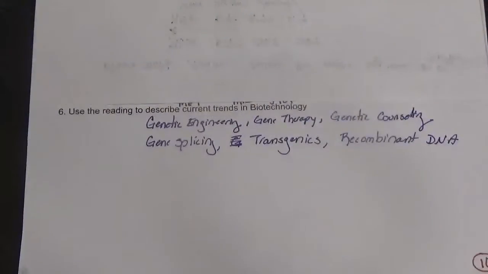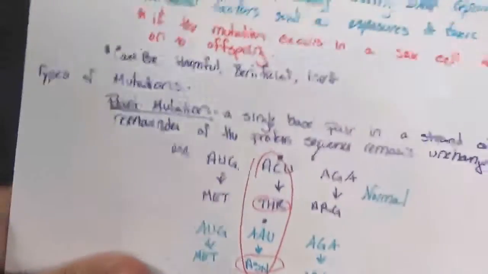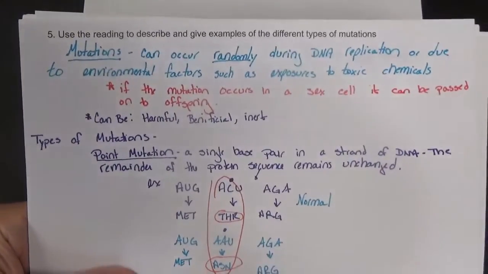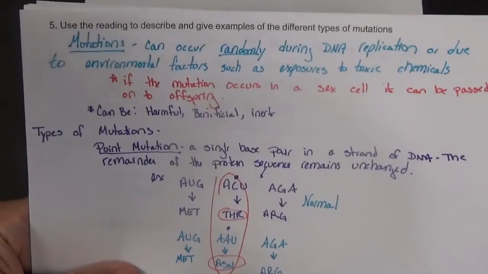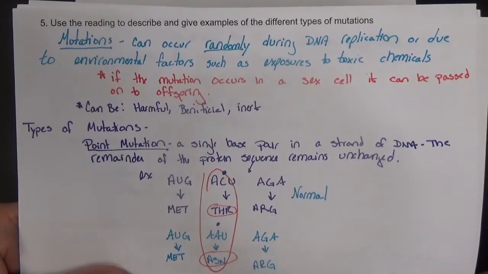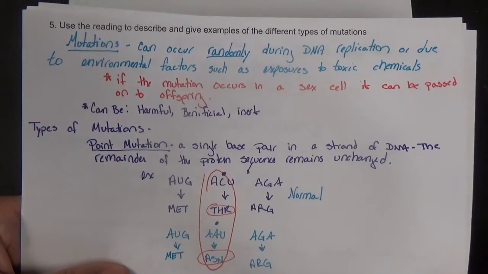Okay, the second part of our Unit 7 Keystone review has us on number 5 of the review, and it says, use the reading to describe and give examples of different types of mutations. This is right in the reading packet. I want you guys to make sure that you're taking a look at that, but I'm going to quickly go